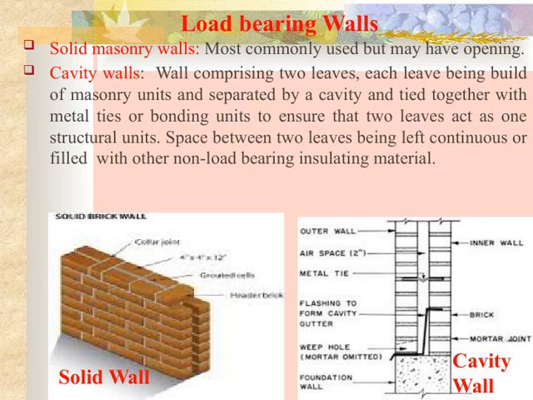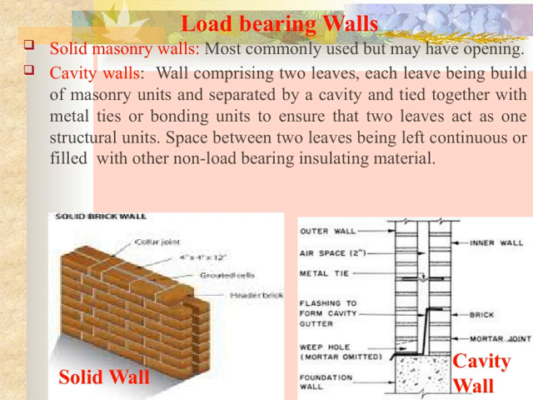When we talk about load-bearing walls, the most common type you'll encounter is solid masonry walls. These are straightforward and widely used because of their strength and durability, although they can have openings like doors or windows. Then we have cavity walls, which are a bit more complex but offer some important advantages. A cavity wall consists of 2 separate leaves, or layers, of masonry units. These leaves are separated by a cavity, which can either be kept continuous or filled with insulating material. To ensure that both leaves work together as a single structural unit, metal ties or bonding units are used to